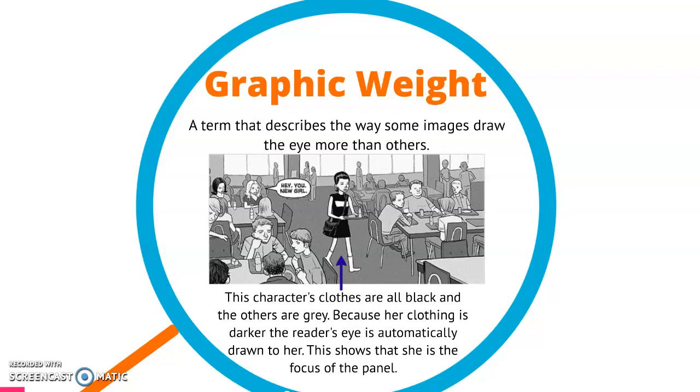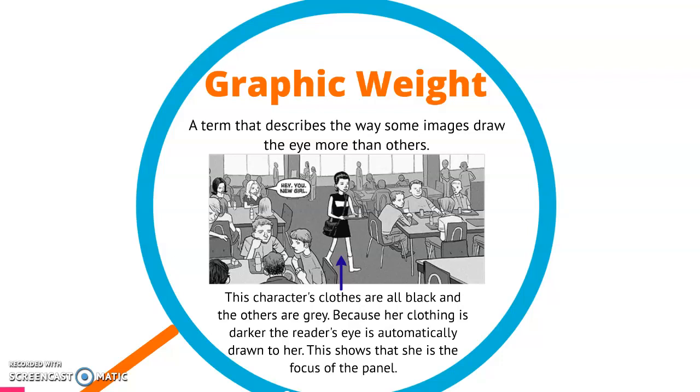This shows that she's the focus of the panel. Again, inferring. Okay, so that would require inference. Okay, we look at everything as gray. Nothing is in color. But she is in that dark black, and of course we've got the text going on. "Hey, you new girl." Okay, so she is literally the center of attention in that sense, in that she's in the center of the panel, and she stands out because she's got the darker clothing on, where everything else is